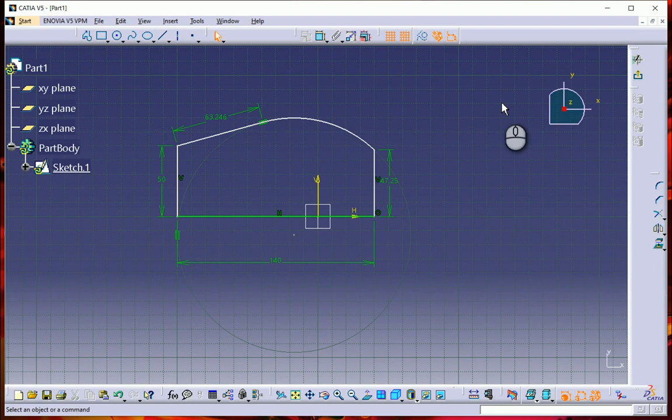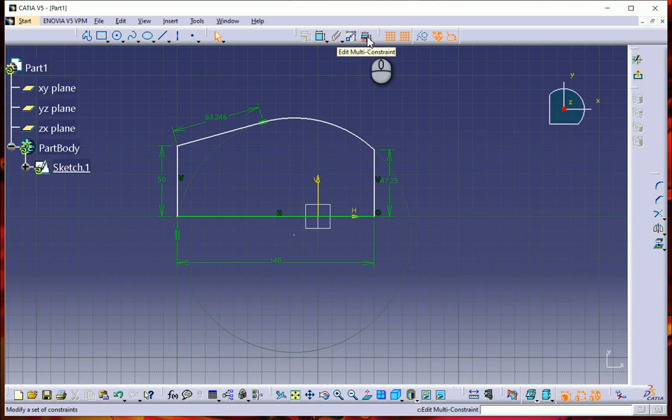Now there are two kinds of constraints that we have. One is the constraints we have in the Sketcher workbench, which we have over here, these top ones. These are known as the geometric constraints. And the ones which we have in the Assembly workbench are known as the assembly constraints, right? So there are different constraints over there, and we'll talk about them as we come to the sketches. Over there we'll discuss in detail what these different constraints are.